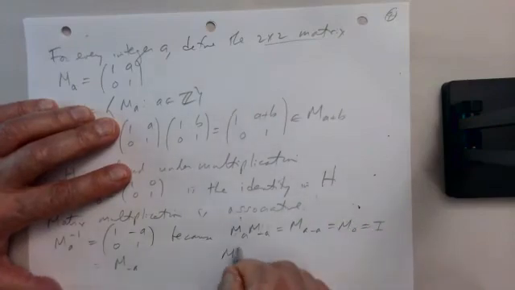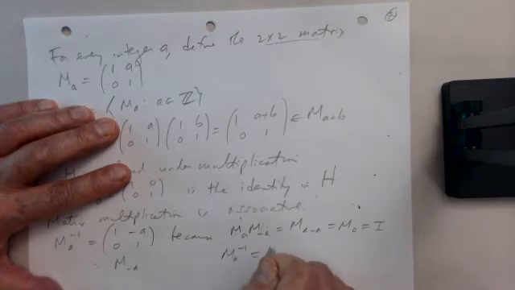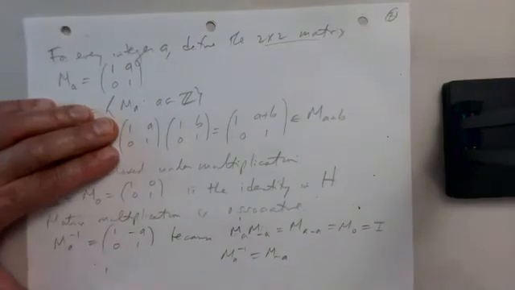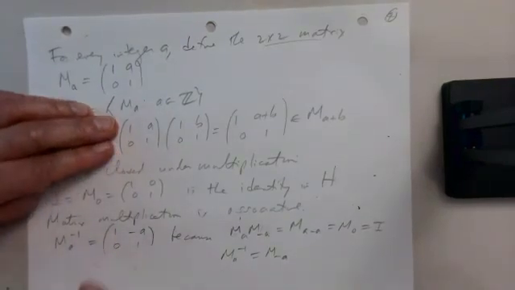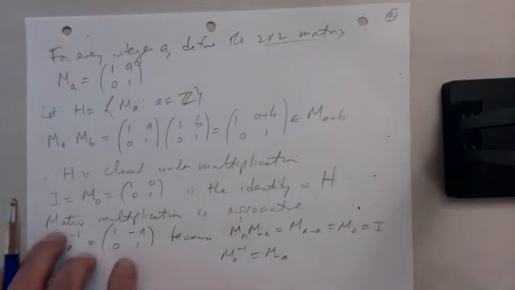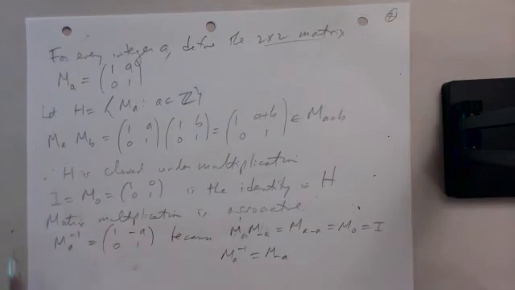So the inverse of M sub A is M sub minus A. So in this group, every matrix has an inverse in the group. So this set of matrices is a group. It's a multiplicative group. And I claim